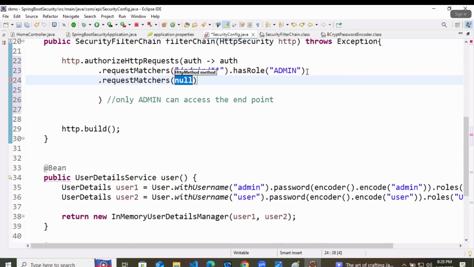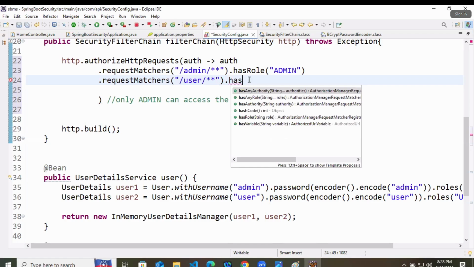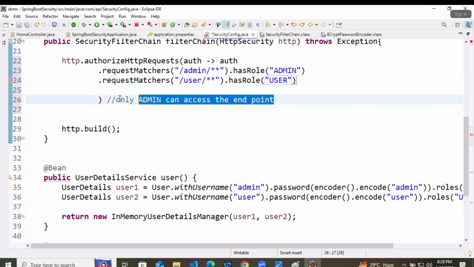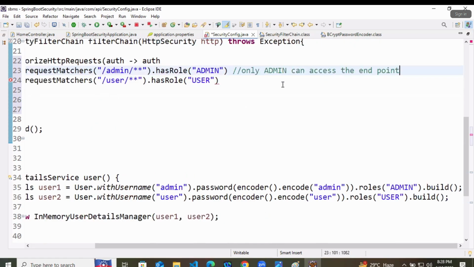If any request is coming to you from /user/ like this, dot hasRole, it is the role of user. Here only admin can access, and only admin and user can access. Both. Admin is admin, it can access user's account also.